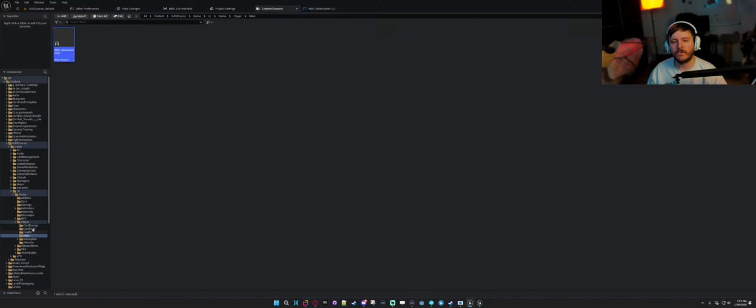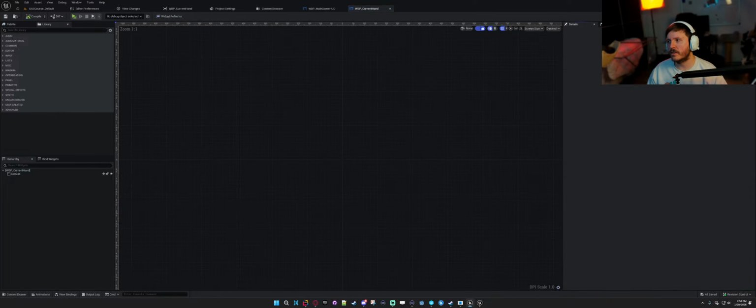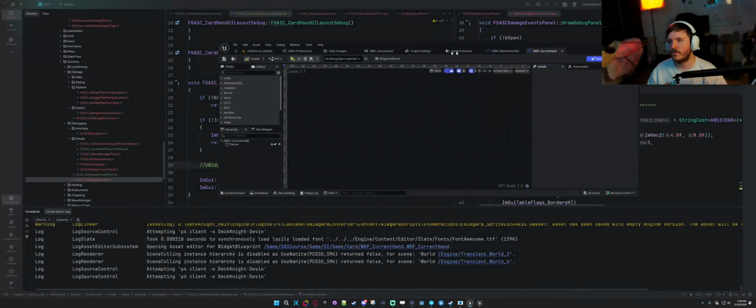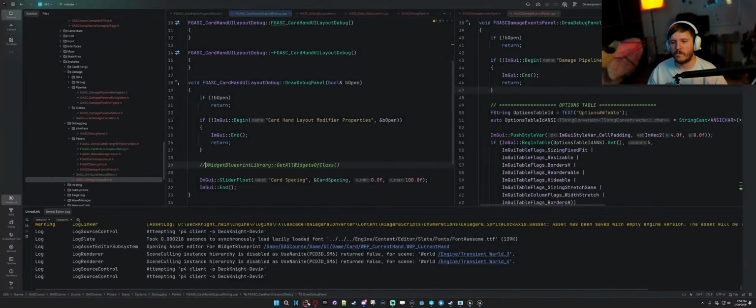So let's do that. So we got main HUD, current hand, blueprint, and it's got user. So I think I need to make